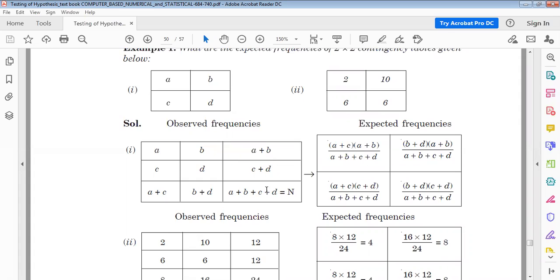This is A plus B plus C plus D. Similarly, this expected value will come from this total multiplied by this total, divided by total N. Understand? Using this formula. Now